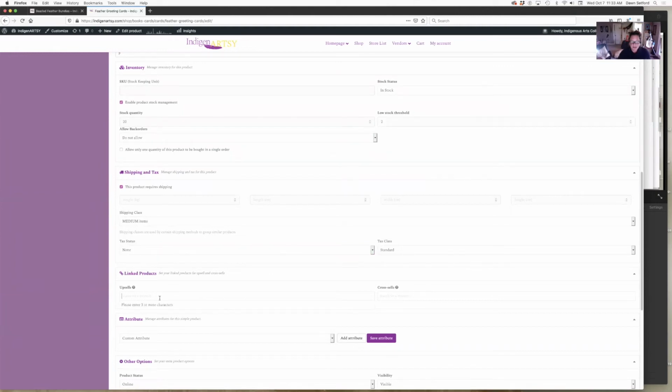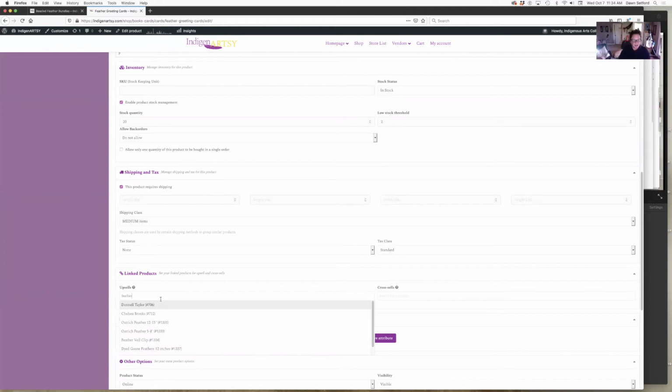Upsell is where you want to put other things that you have for sale. So if someone's interested in these cards, they might also be interested in my feather bundles. So here is where I would want to put that in. Or perhaps even like a single feather. I have, that's all fundraising stuff under this account. So I have like these weird ostrich feathers that I've had for years, and I'm going to sell them and put the money back into the nonprofit. So if I wanted to